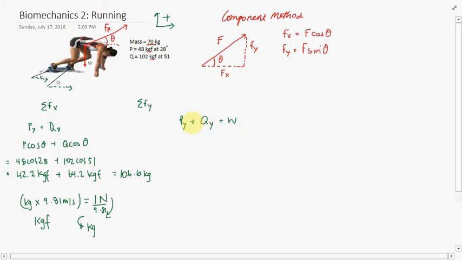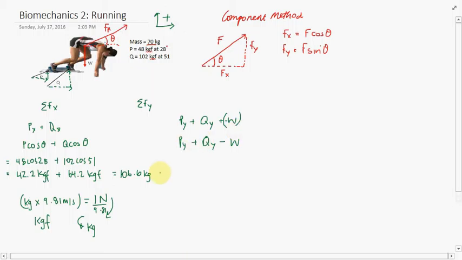So I haven't accounted for my signs yet. Remember, anything acting right or up is given a positive value, and anything left or down is given a negative value. So you'll see here that P is acting up, as is Q. So I have two components of the force that the sprinter is applying acting in the upwards direction, and I have this W acting in the negative direction. So essentially I would say add a negative W, which would simplify to P of y plus Q of y